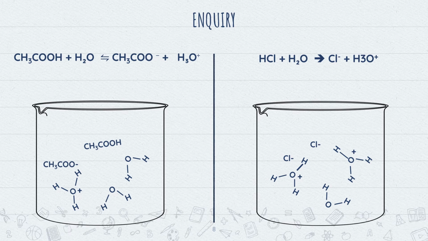And now let's focus on the right hand side of the slide. Our conjugate base in this case is chloride anion, and a chloride anion is actually a relatively stable base. It is not really that basic, and its lone pair will not be able to perform the same way as what ethanoate did in the previous slide. So as a result, it is unable to deprotonate H3O plus ions to form back HCl. Hence,